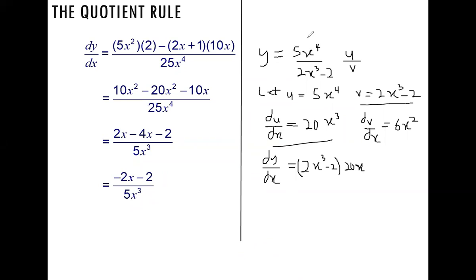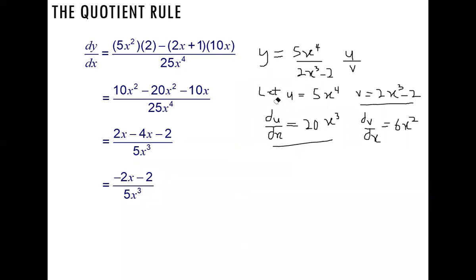I think we don't have enough space. Okay, so let me just clear this out. So let me restart everything. So dy/dx will be v du/dx, which will be 2x cubed minus 2 times du/dx, which is 20x cubed, minus